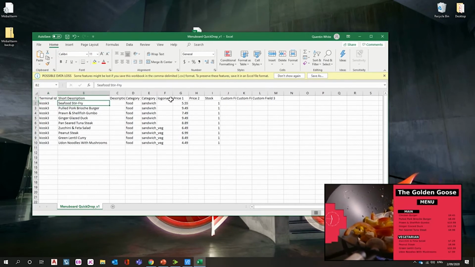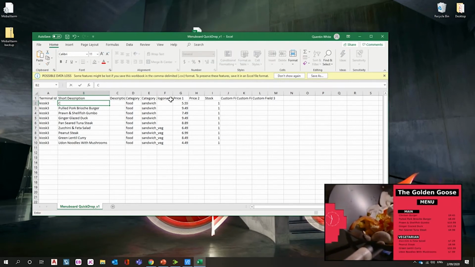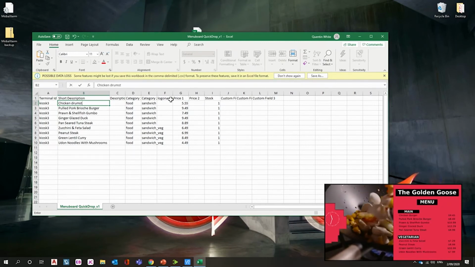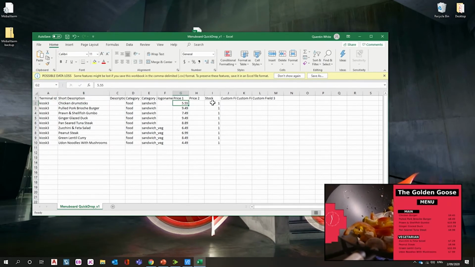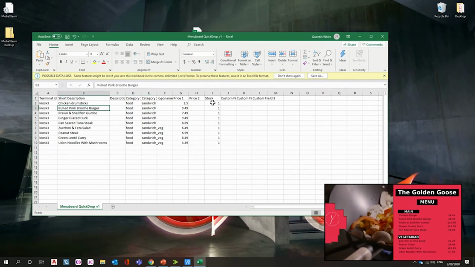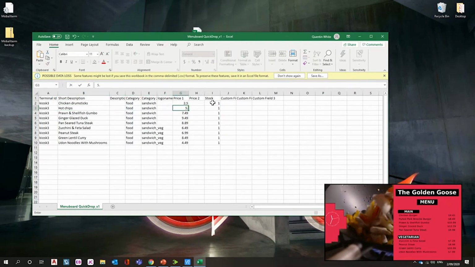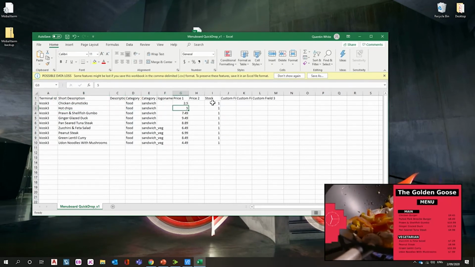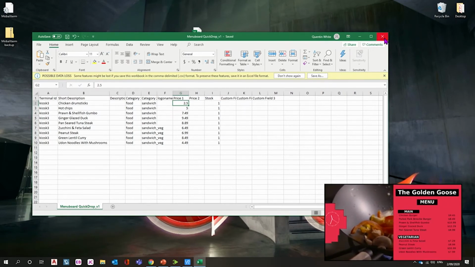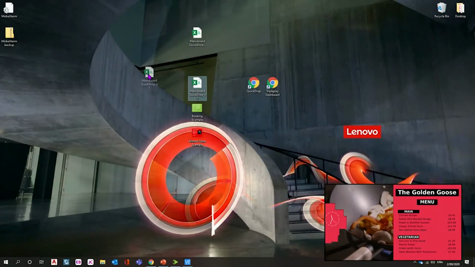I can go through and change some of the descriptions in here. So I'll go chicken drumsticks, and we'll change the price to $2.50, as if it's from the tuck shop around the corner. Hot chips. I'm already thinking about lunch. $5 for those. Then I'll just save that CSV,